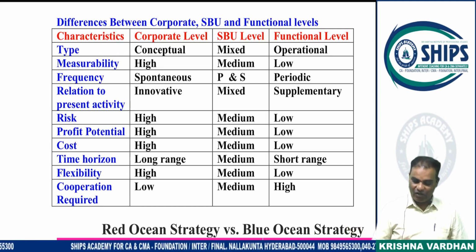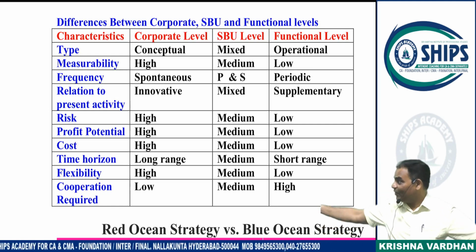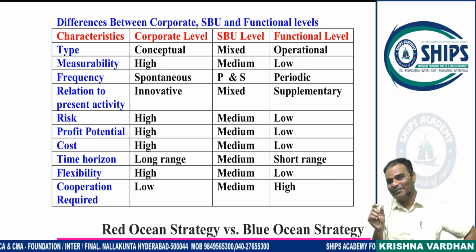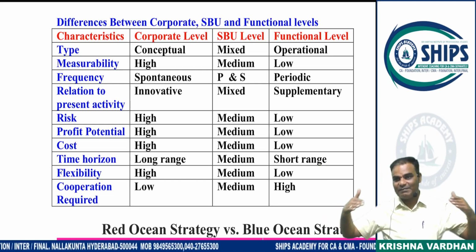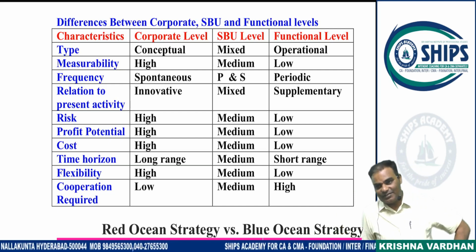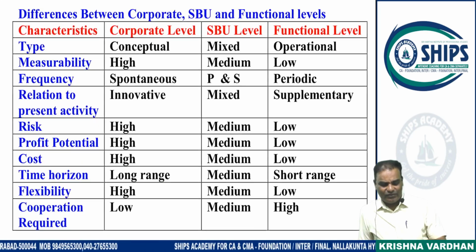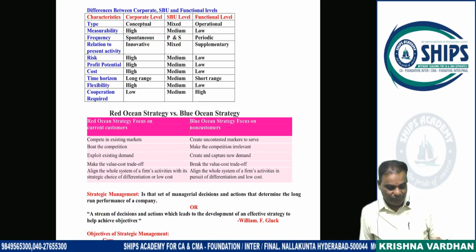Time horizon, long range, short range. And when we are talking about cooperation required, as he rightly said, the number of individuals at the top would be low. So the cooperation required would be a bit less in number when you compare with operational, because the span increases, the number of fellows increases. So high cooperation is required at functional. Understood? So this is how you can differentiate between them. Students,